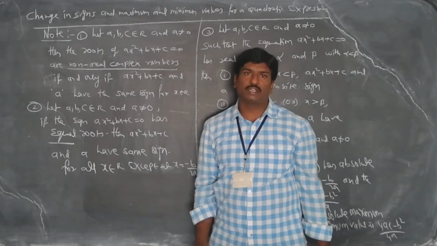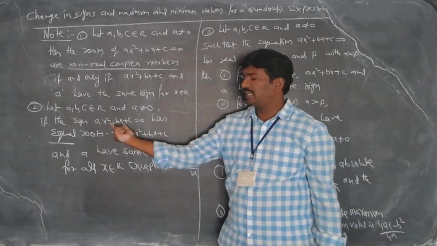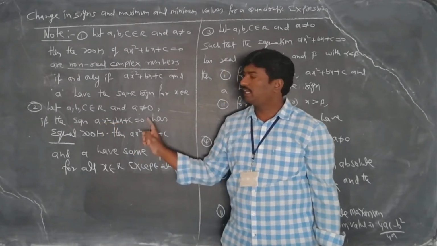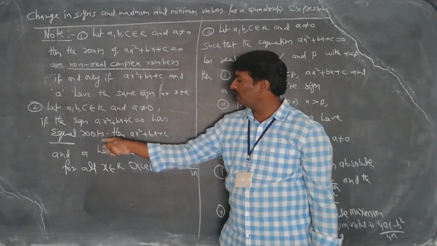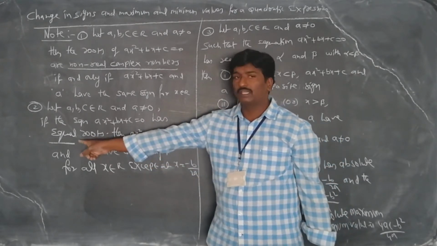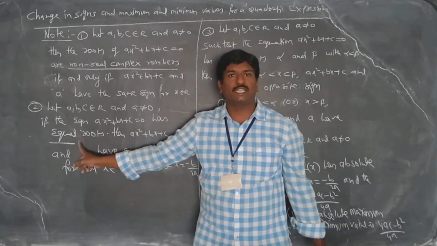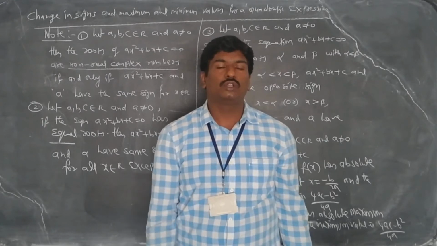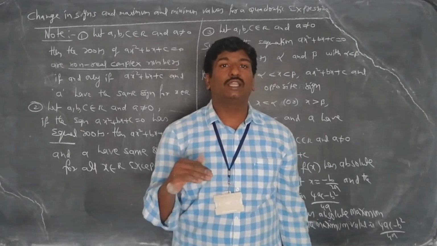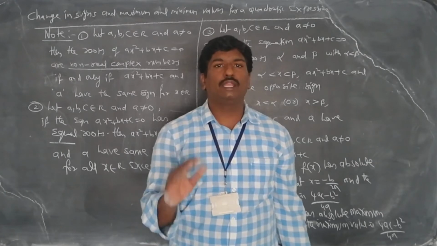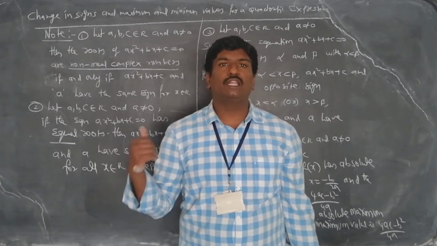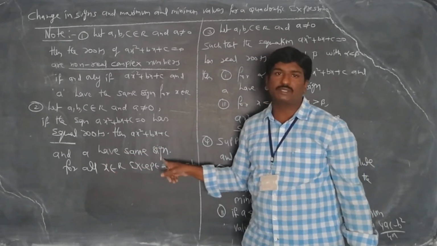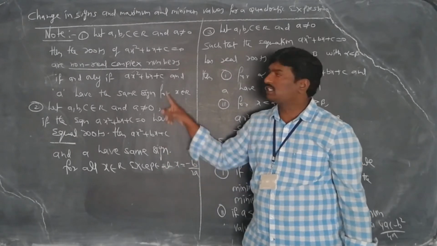So this is the first point. Next, in the second condition, here also we are taking a quadratic equation ax square plus bx plus c equal to 0. Here we are saying the roots of the equation are equal. That means when the roots are equal, the discriminant is 0. By using the discriminant you can identify whether the roots are less than 0 or equal to 0. So when the roots are equal, what can we say here also? The expression and a have the same sign. Here also the same condition, right? You just remember these 2 points.